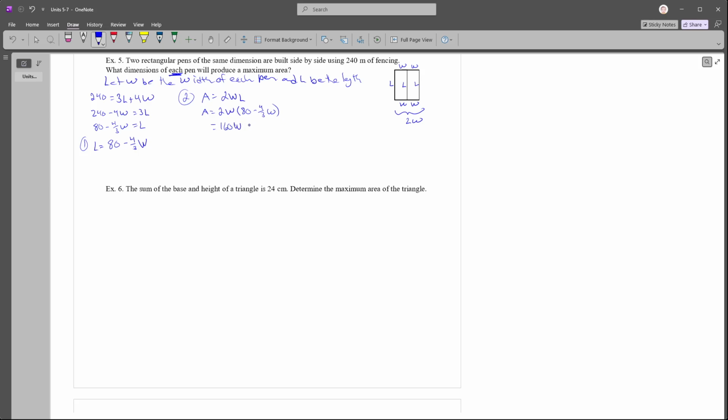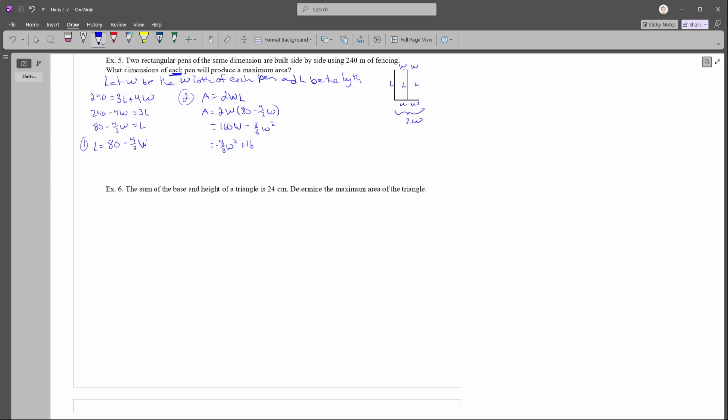Okay. Now 2W times 4/3 W, that's going to be 2 times 4, which is 8/3. W times W gives me W squared. Not the friendliest of terms, but it's not incorrect. So let's rearrange this. So we have negative 8/3 W squared